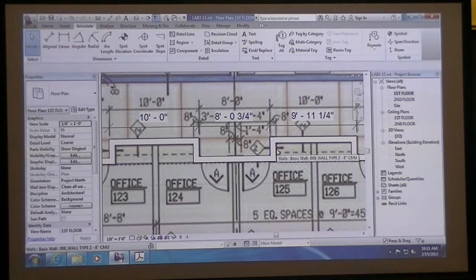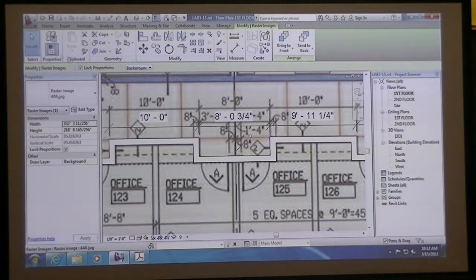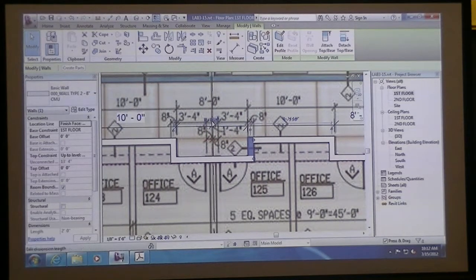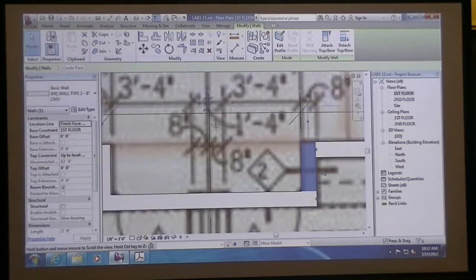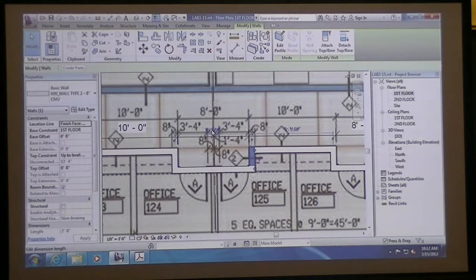It's this wall right here that is not correct, at least in my drawing. Maybe yours, you might have slightly different numbers. But basically, the wall that I want to move is the one that I want to select. And you'll see that as I did that, you get these blue dimensions that show up that were part of your dimension string. I can now click in there and type,